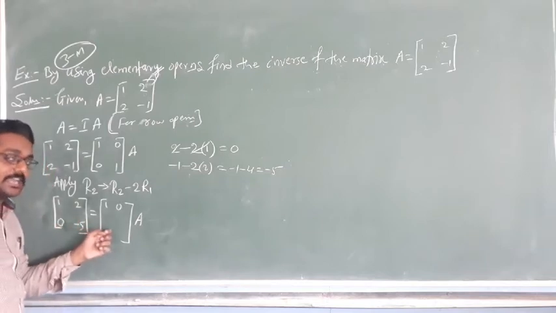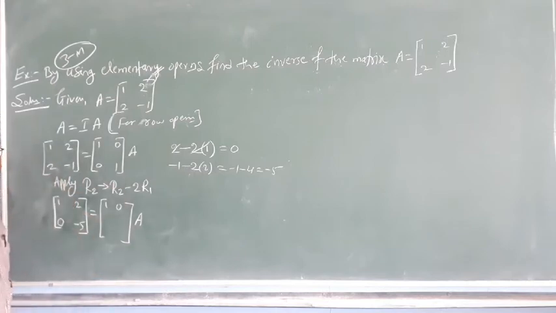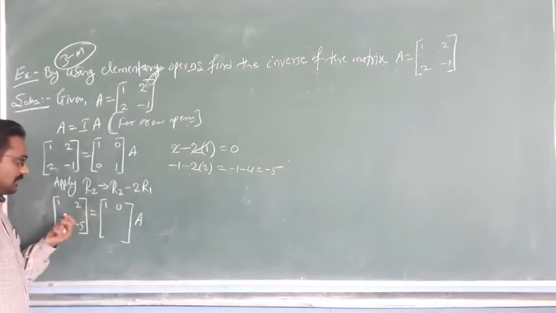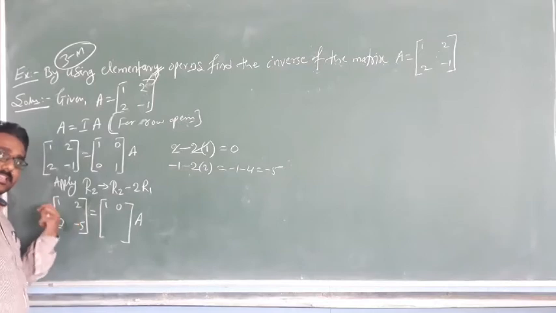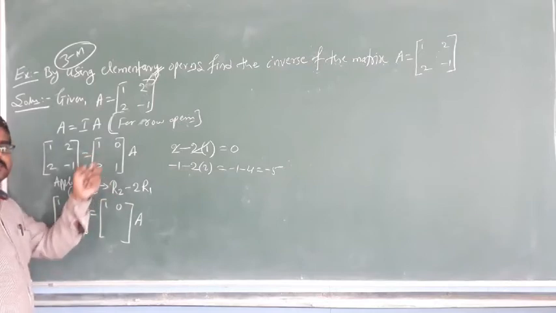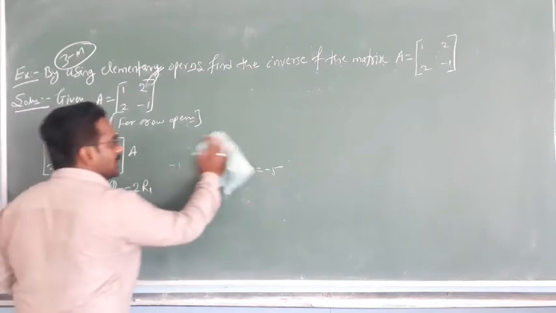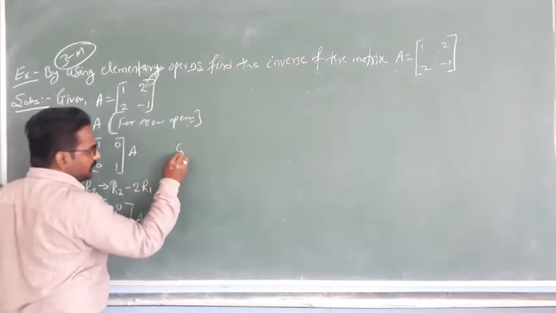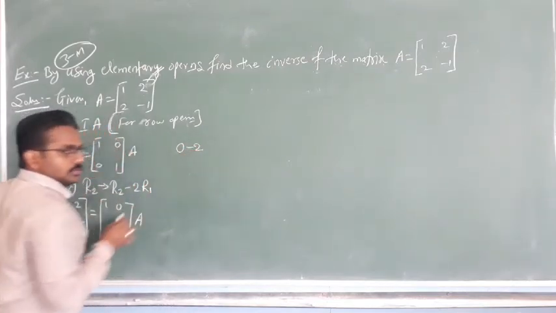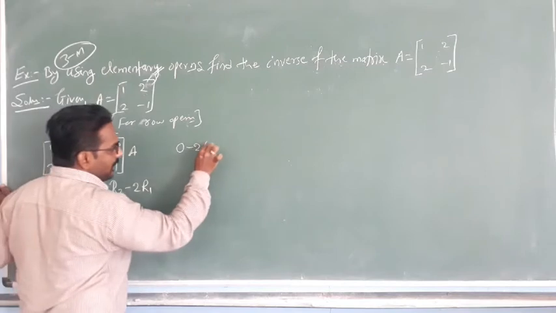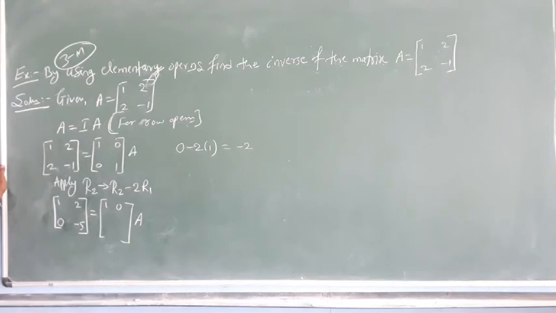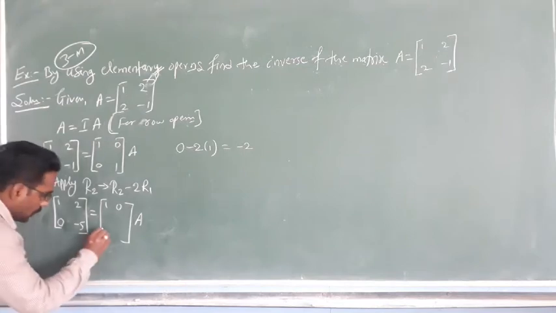So what about the second row of the RHS part in the identity matrix? Here also you have to perform the same thing. What you did for the matrix A on the LHS, the same thing you have to apply for the identity matrix in the RHS part. Okay? So the first element of R2 is 0 minus 2 into what is R1? That is 1. So we will get minus 2. Is it so, students? Minus 2.